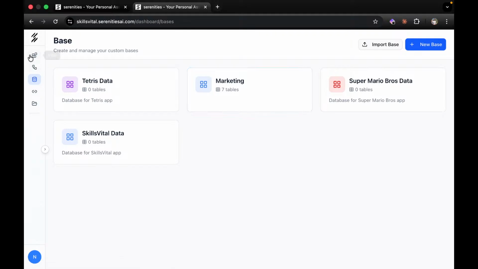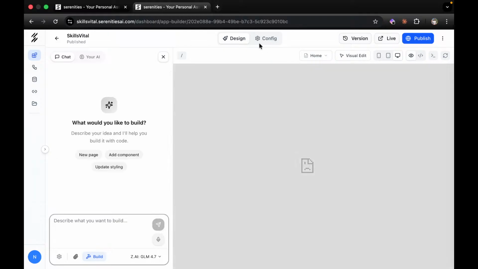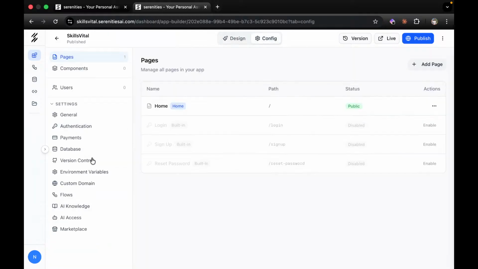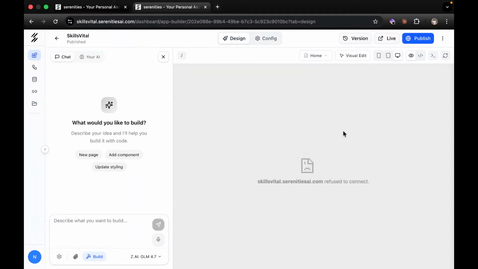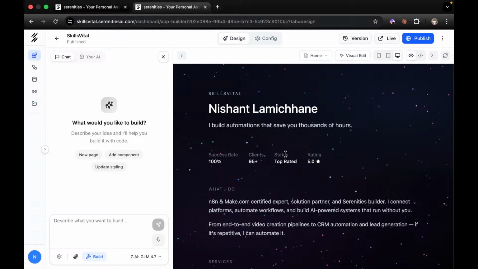Also, I will show you how we can connect Git for proper version control, as well as how we can modify the design, not completely, just a few design tweaks to add a button here to show the form and things like that. Okay, so